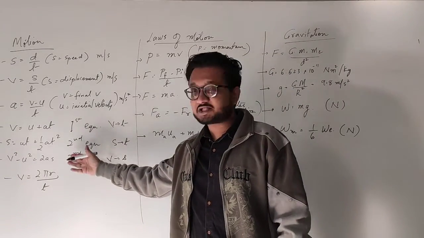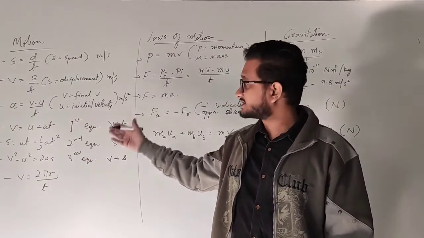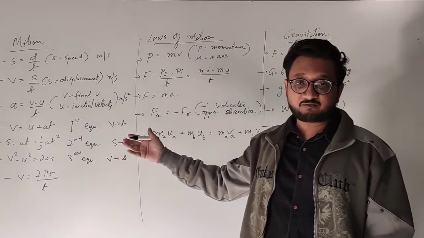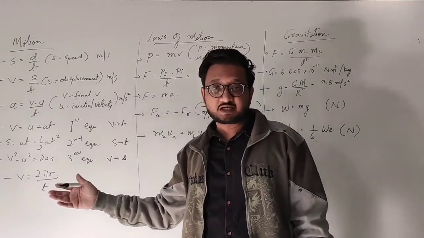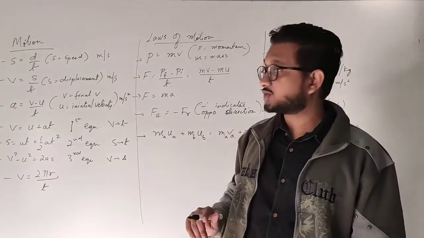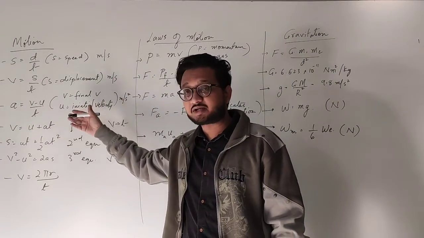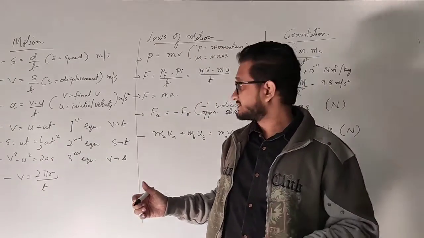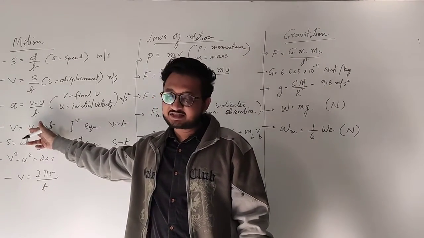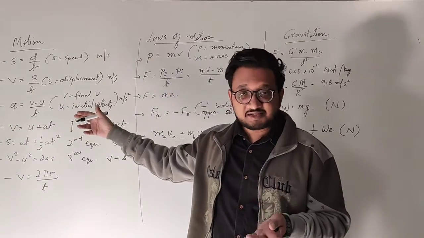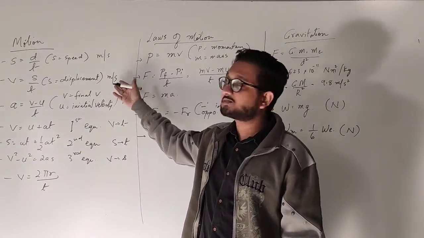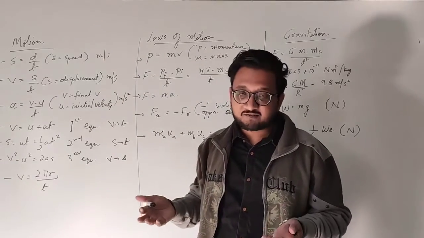Now these are the equations, and equations don't have unit, you just have to substitute the values. Whichever unit you are finding or whichever value you are finding, for that particular physical quantity, you will give that particular unit. These are the basic physical quantities, and when you substitute them, whichever physical quantity you are finding, suppose if it is u, that is its initial velocity, then it will be meters per second. If it is final velocity, then also meters per second, because they both are velocities.